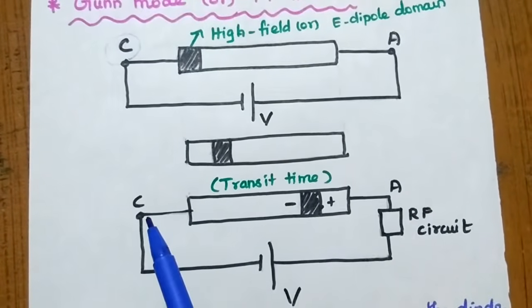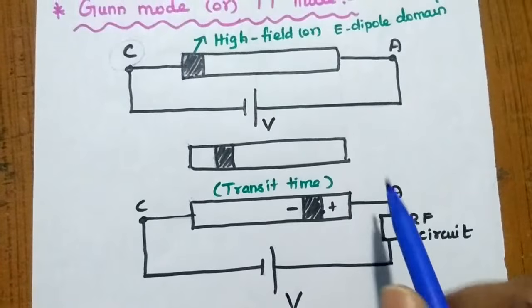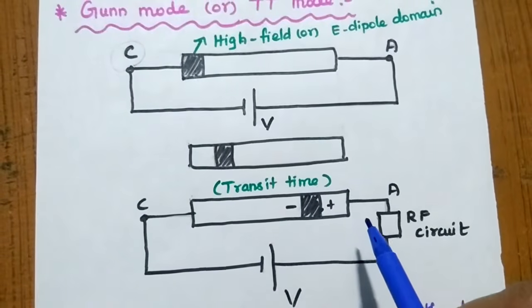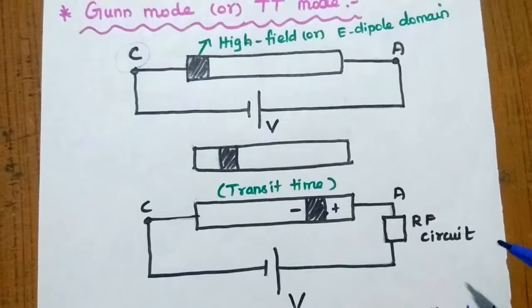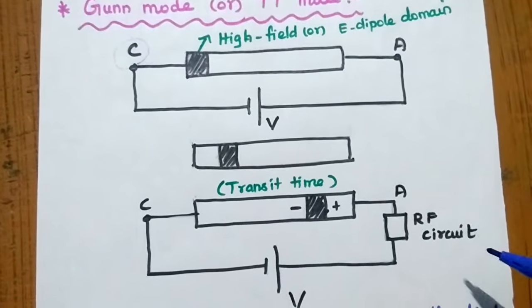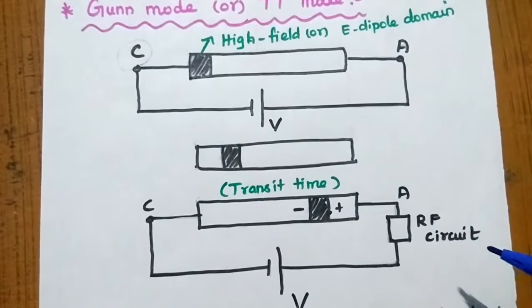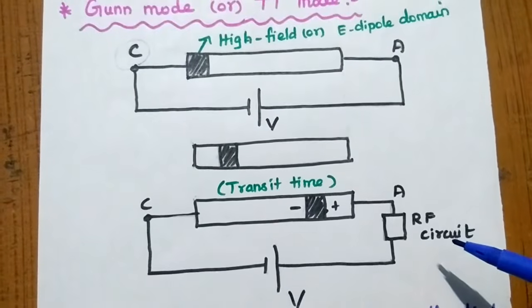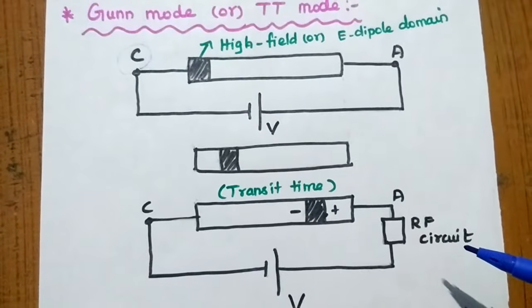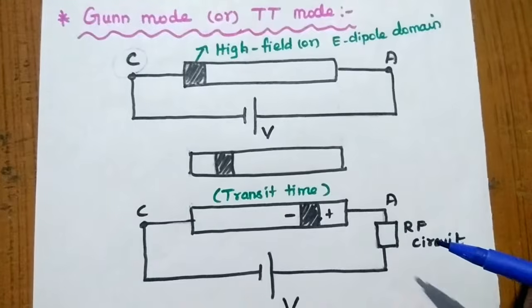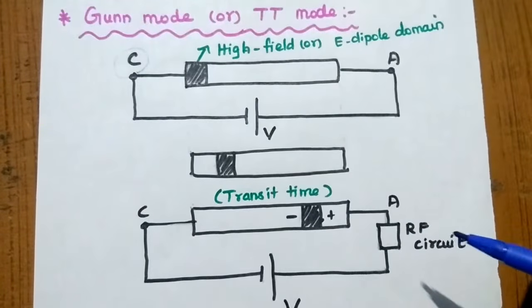So the movement from the cathode to anode of this high field domain produces current fluctuations, which create the microwave oscillations at this RF circuit. Okay, so this is how the Gunn mode, or transit time mode,